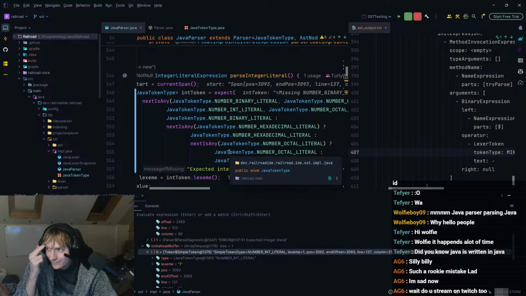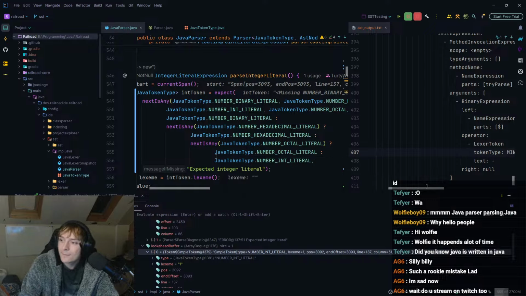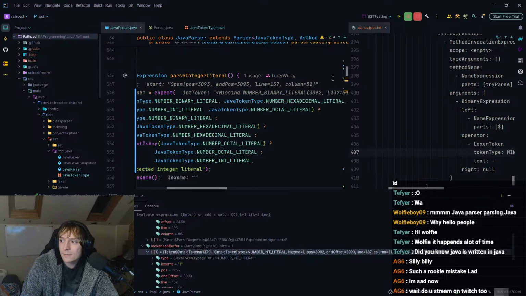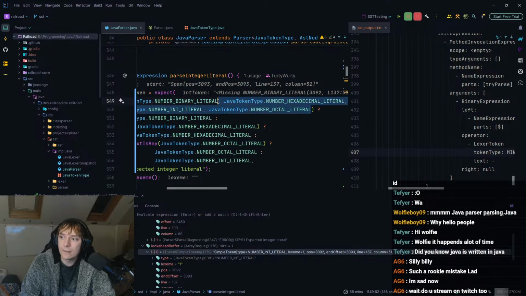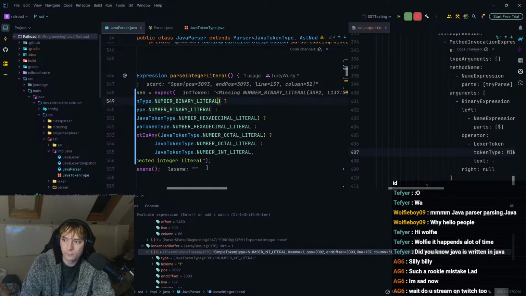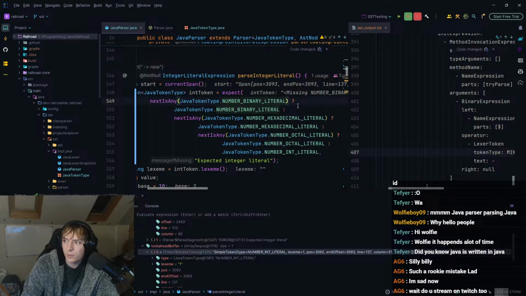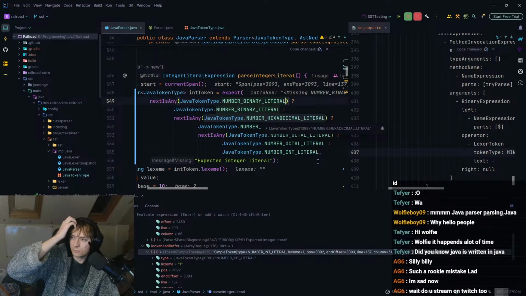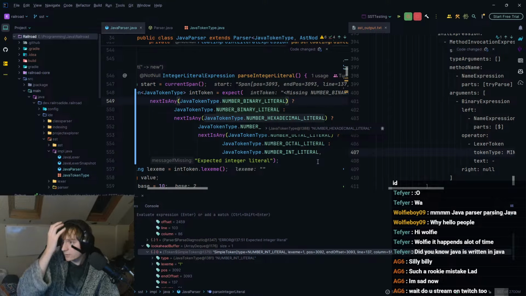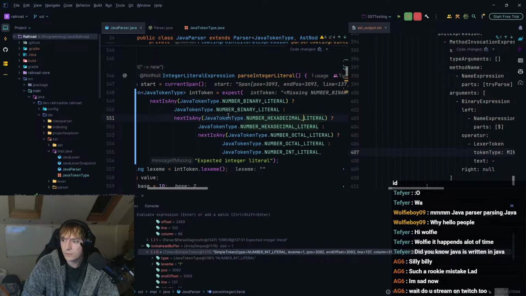Why did I do that? I think what this meant to be is a binary literal. So if it's a binary literal, then it's a binary. Wait, that doesn't make any sense though. Wait, what? If it's a binary literal, then it's a binary literal. If it's a hexadecimal literal, then it's a hexadecimal. This doesn't make any sense. This is stupid.